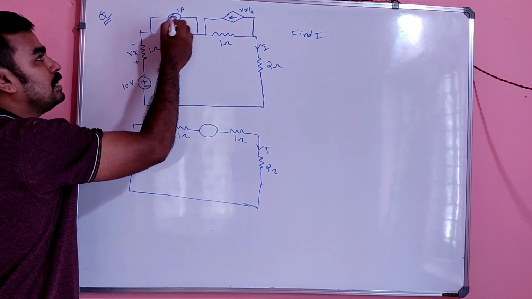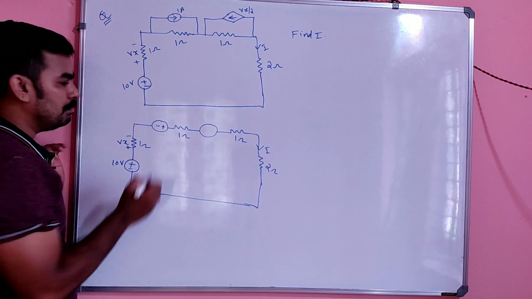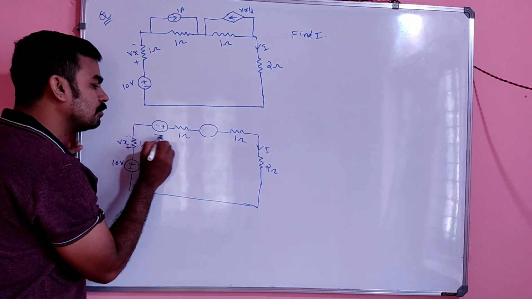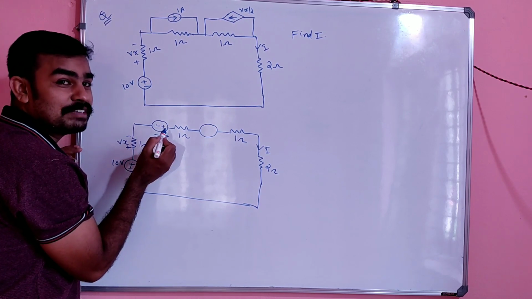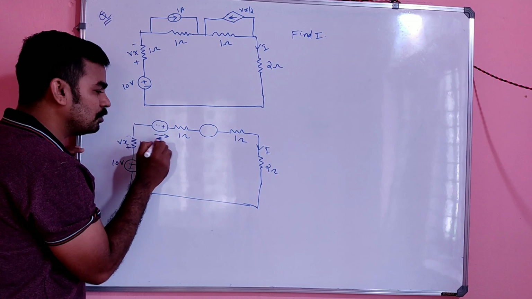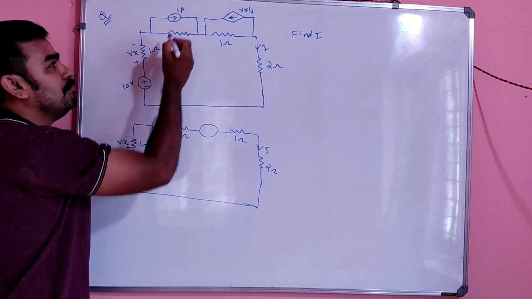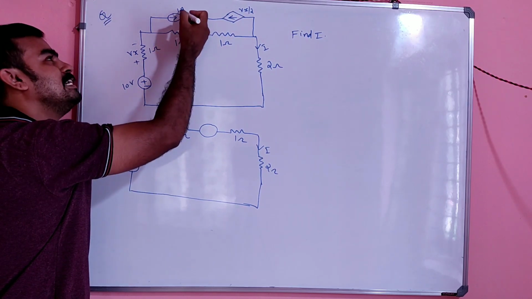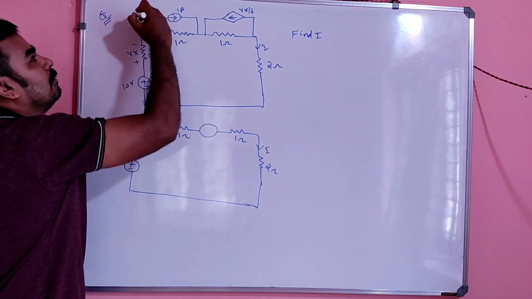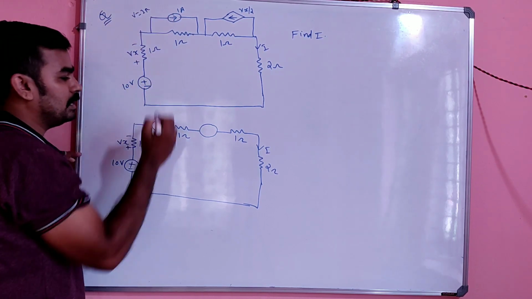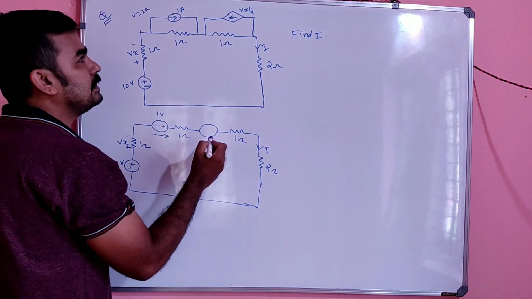The value of the voltage source will be, see, the current is flowing from here to here, which decides the polarity. Inside the battery or cell, I already explained, the direction of current is from negative to positive, so you have to draw it in this direction. So the value of the voltage source is V equal to I into R. Here I is 1 ampere and R is 1 ohm, so V is equal to I into R, which gives 1 volt.